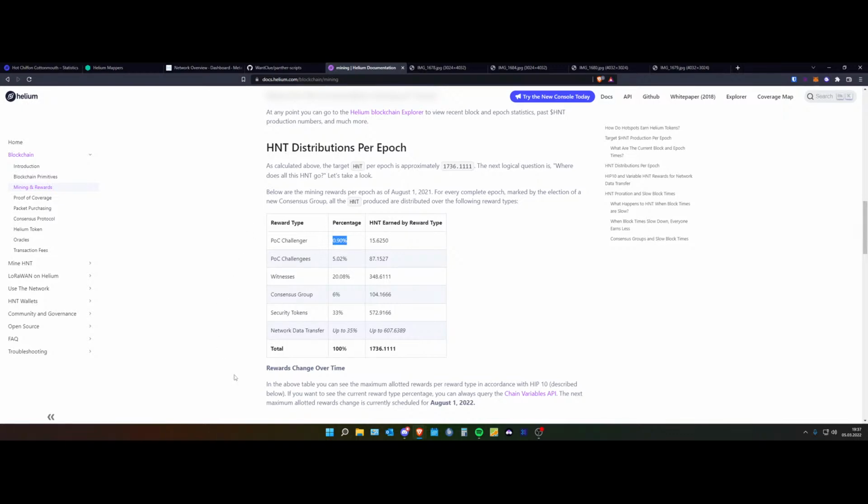Currently, validators are getting rewards for being in the consensus group and stuff like this, but they will also get the POC challenger. And why I think this is a good thing is basically because the POC challenge that our miner needs to create